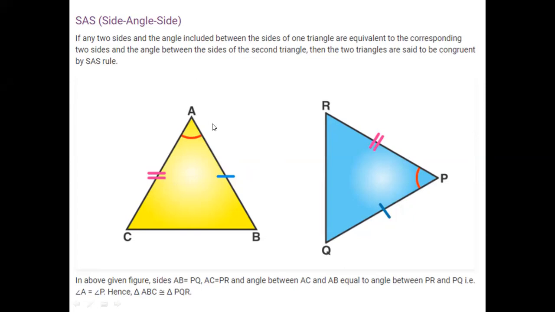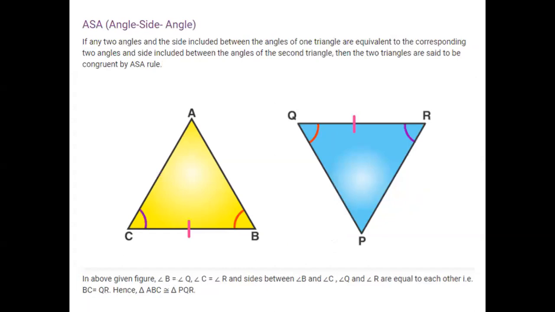So for example, we need to prove that this triangle is equal to the other one. And for this one, this side and this angle are given. I cannot use this angle. I should use this angle and the corresponding one to it, so the corresponding one to C, and that will be our angle. Okay.